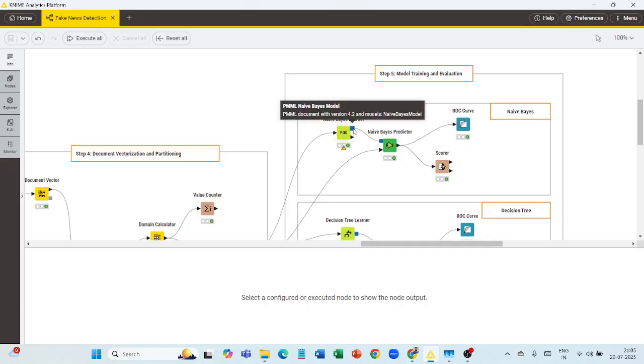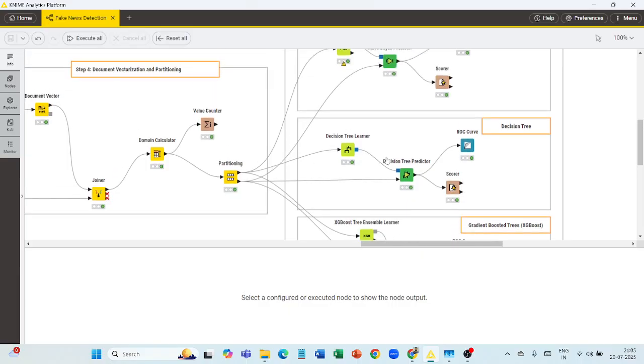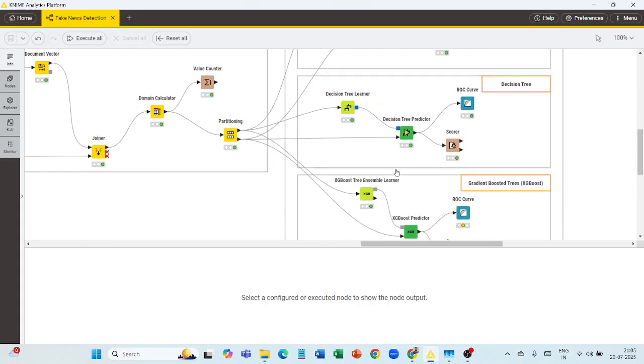Then we moved on to the naive Bayes learner, and then the decision tree learner. In between, we tried random forest as well, which was again not working as we expected due to the volume of the data and the processing power, which was not available for us during this exercise. So we'll stick to these 3 models for now: naive Bayes, decision tree, and gradient boosted trees, which is